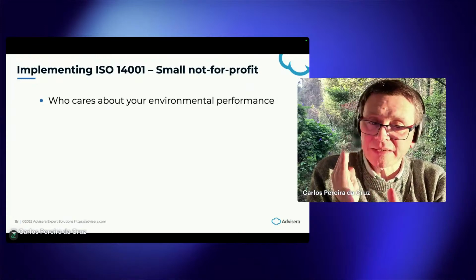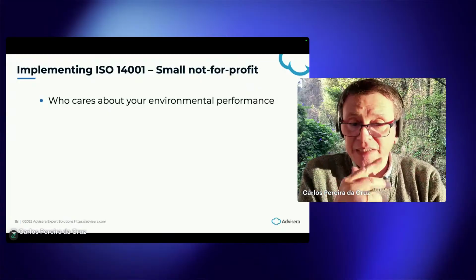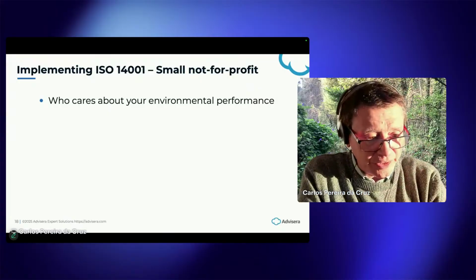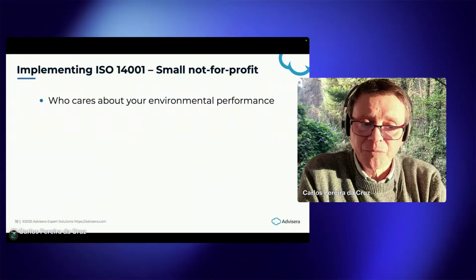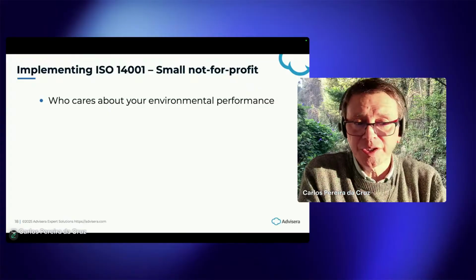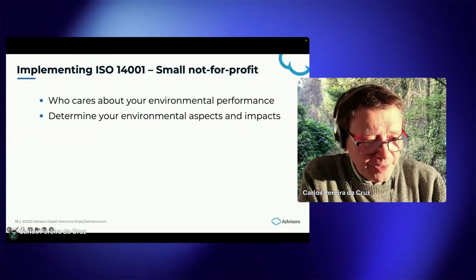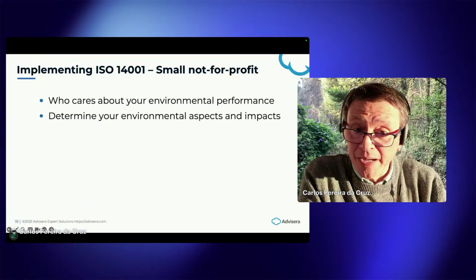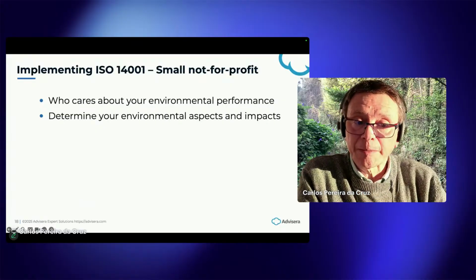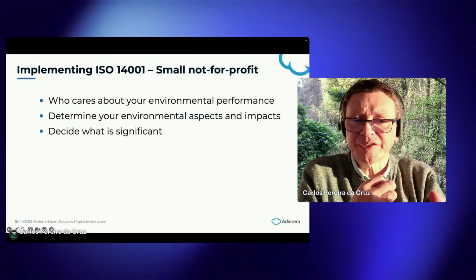The standard scales extremely well. The main activities are: understand your context and stakeholders, determine who cares about your environmental performance, the community, donors, regulators, users. Determine your environmental aspects and impacts. Decide what is significant. Use simple criteria,